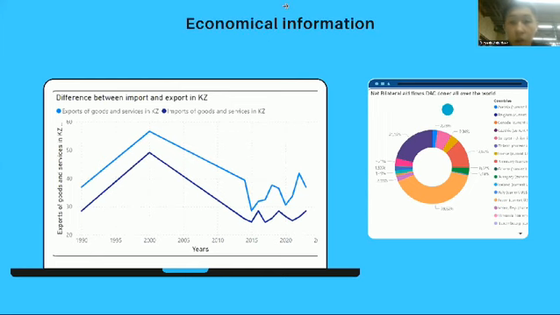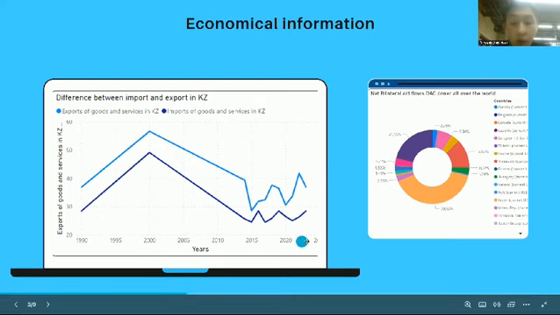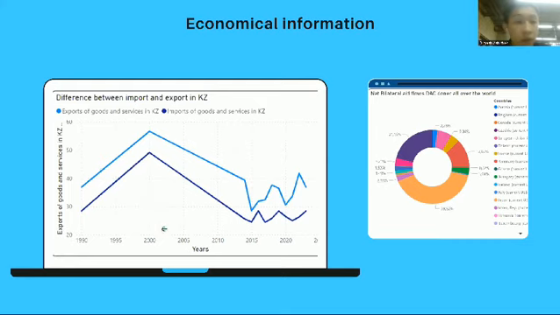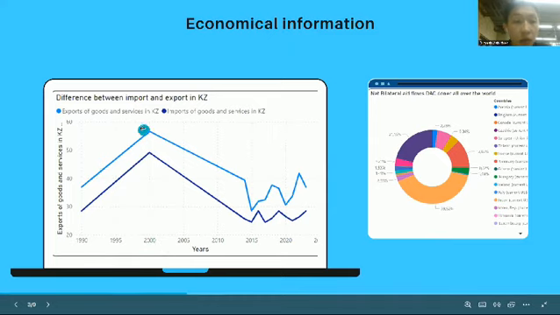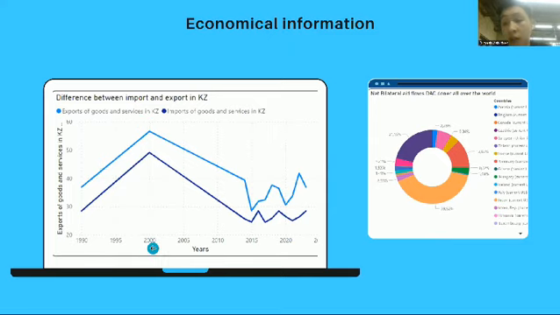So firstly, about economical information. Here you can see that in the first one I used a line chart to compare the import and export in Kazakhstan. As you can see, from 1990 up till now, there was a lot of export and import, and the highest import and export was in the 20s years. However, over the years it declined, and there were a lot of fluctuations over the years between 2050 and the